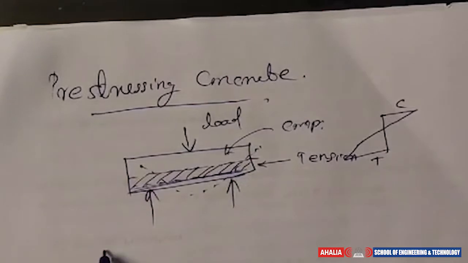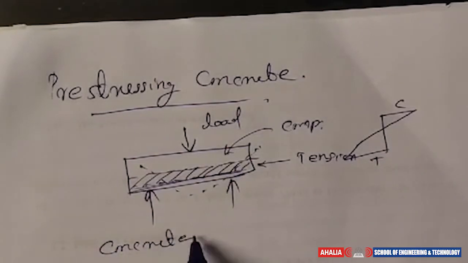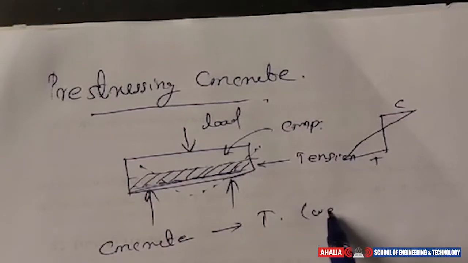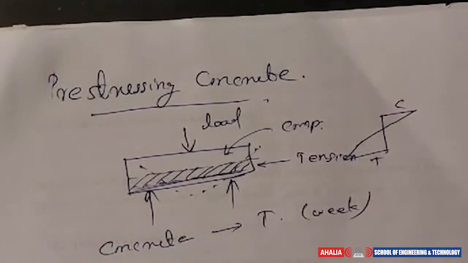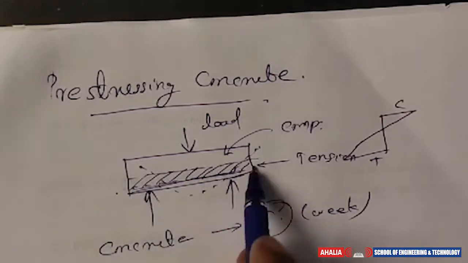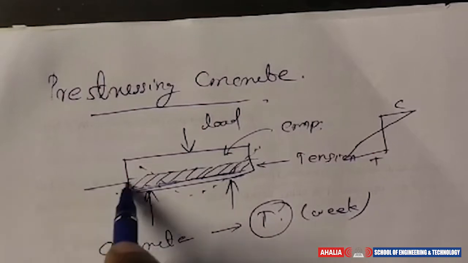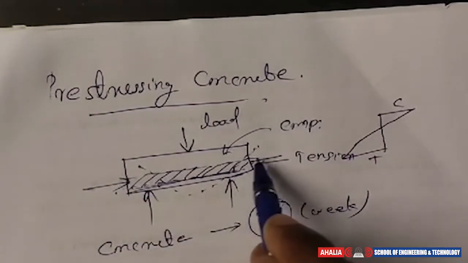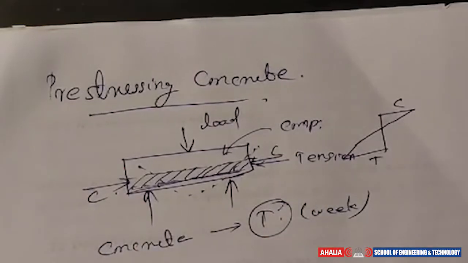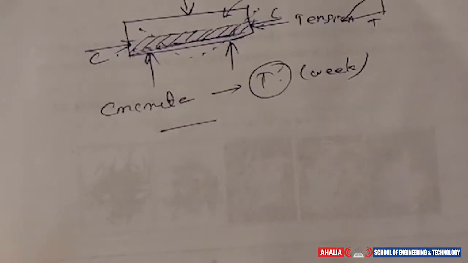So we know that concrete is very weak in tension. So we want to avoid this tension in the beam. For that purpose, we are providing an extra compression over here, so an additional compressive force over here. So the figure is like